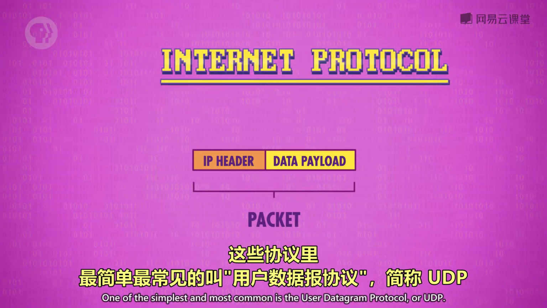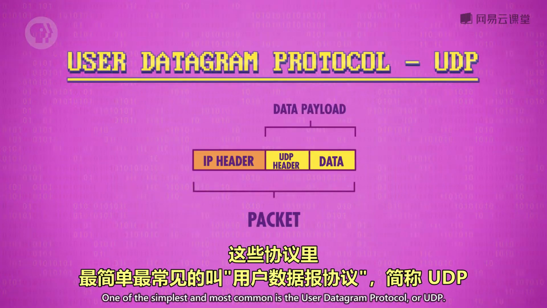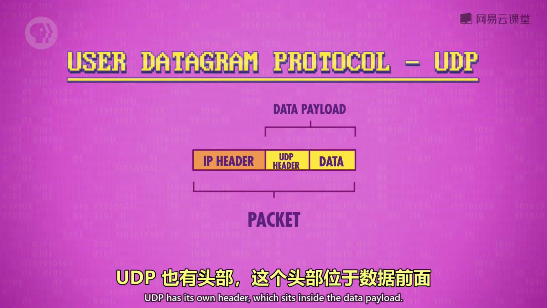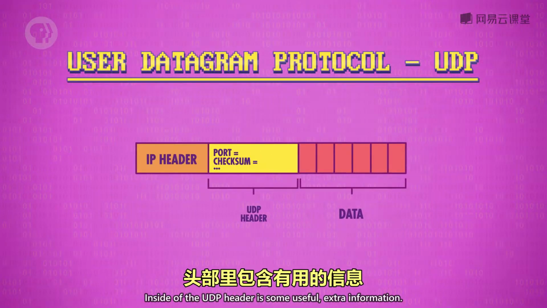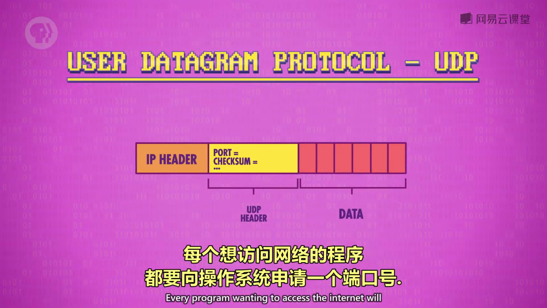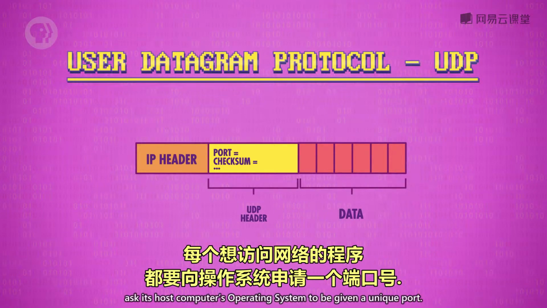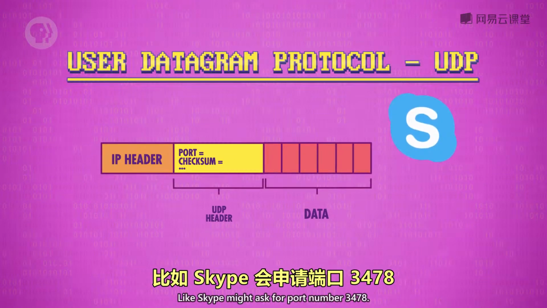One of the simplest and most common is the User Datagram Protocol or UDP. UDP has its own header, which sits inside the data payload. Inside of the UDP header is some useful extra information. One of them is a port number. Every program wanting to access the internet will ask its host computer's operating system to be given a unique port, like Skype might ask for the port number